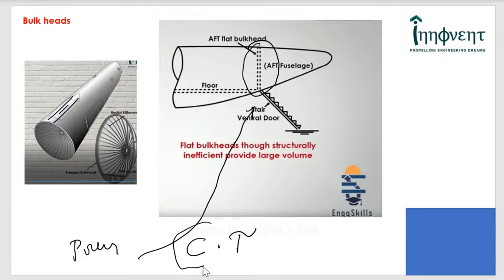Of course, for want of time, I haven't detailed it. I have just discussed a few elements of it. There are several incidental technological elements associated with bulkheads, because they are not just subjected to pressure loads, they can also be subjected to torsional loads because of the other structures of the aircraft.